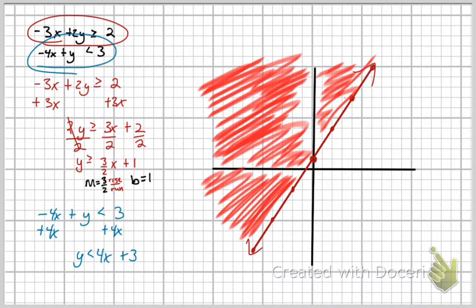On the second equation, -4x plus y is less than 3, I added 4x to both sides to give myself y is less than 4x plus 3. So because of that, I knew my slope was 4, or 4 over 1, and my y-intercept was 3. So I started at 3 on the y-axis, and I counted my slope of up 4 to the right 1 for each one, and then I connected the points with a dashed line because it's not equal to this time. And because this equation is less than 4x plus 3, I'm going to be looking at points that are below the line. So I'm going to be shading in the side that has points that would be underneath